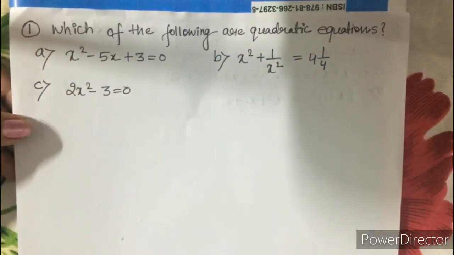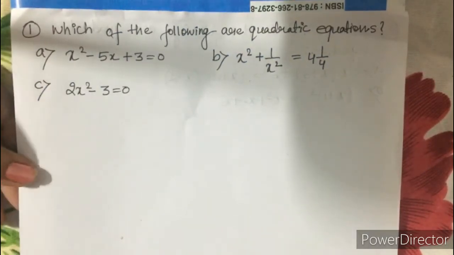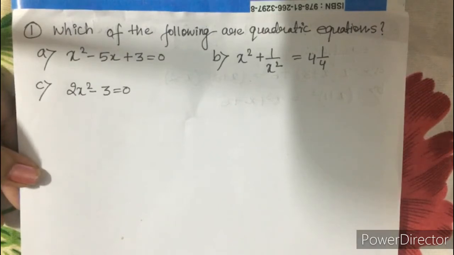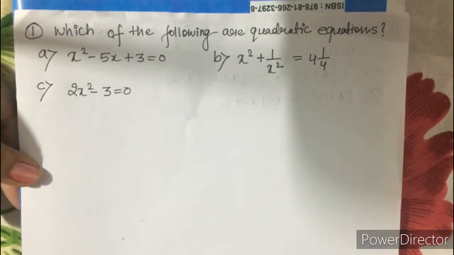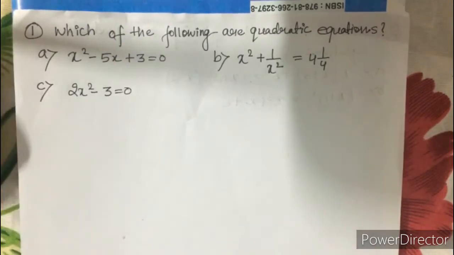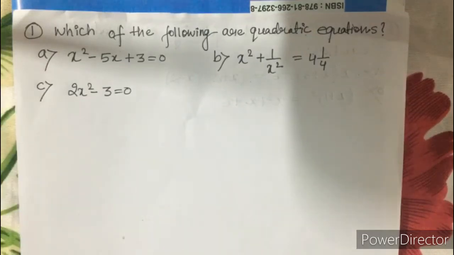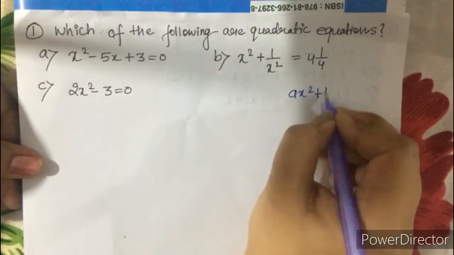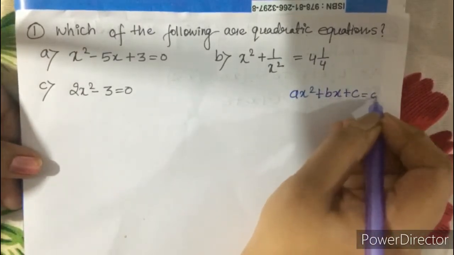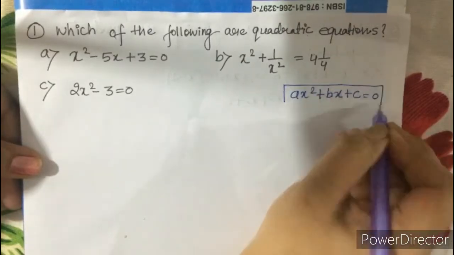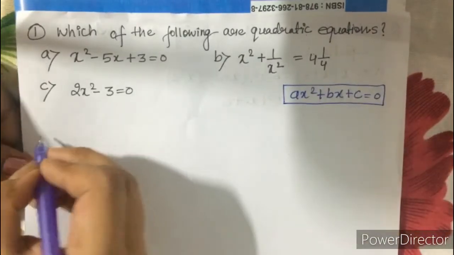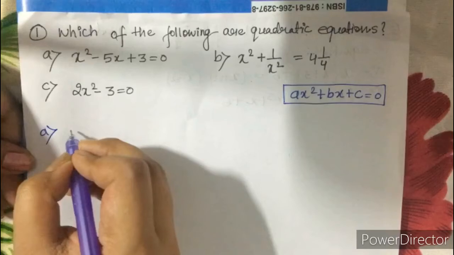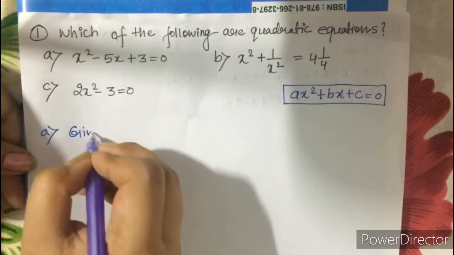Now we will solve some of the questions. Here the first one is, which of the following are quadratic equations? To solve these questions you need to remember the formula. The quadratic equation is of the form ax square plus bx plus c is equal to 0. I am just writing the form here so that you can easily compare. So this is the form. Let us begin with the first question. Given equation is